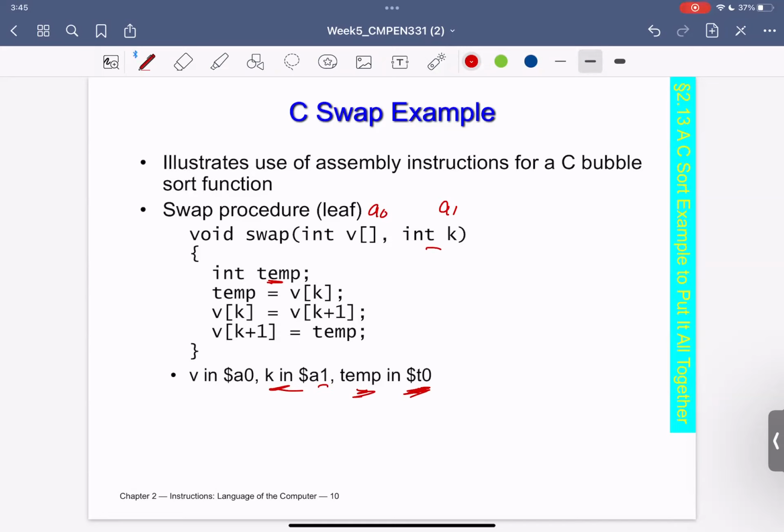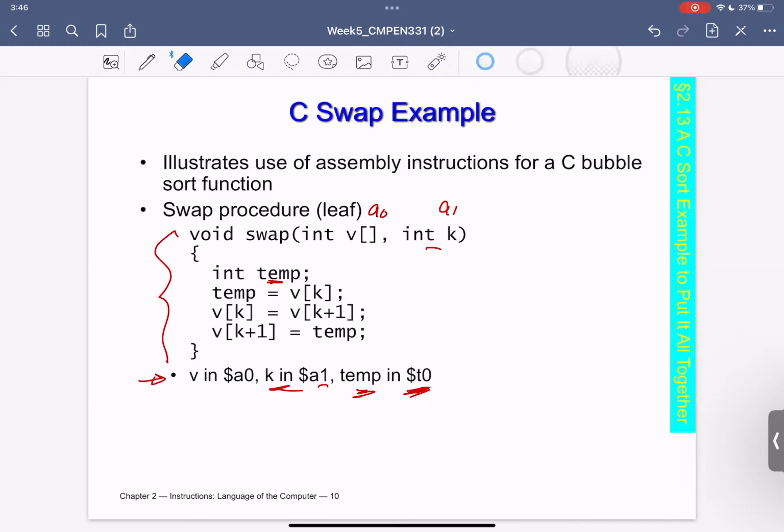You can assume that I will create a register called temp, and I will refer to it as the slot T0. Another person might say no, this will be T1, another will have T2, and so on and so forth. But the concept at the very end would be the same, correct? This means that the solution from one person to another will not be exactly the same.